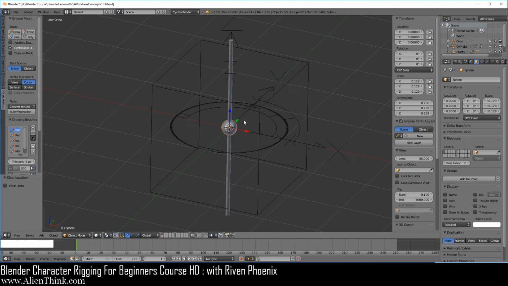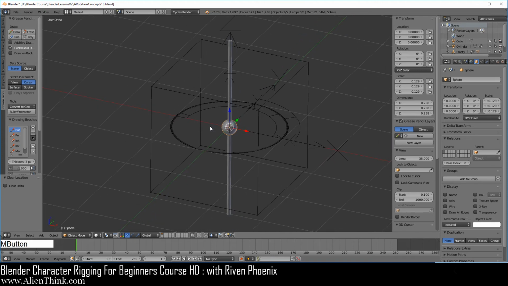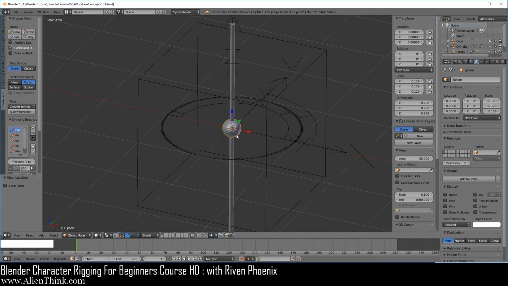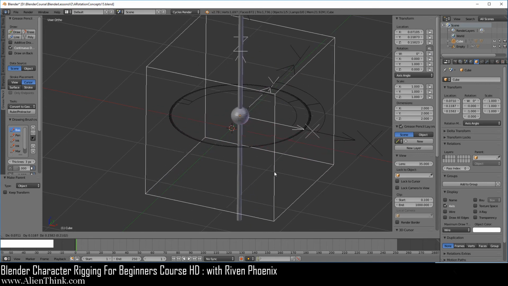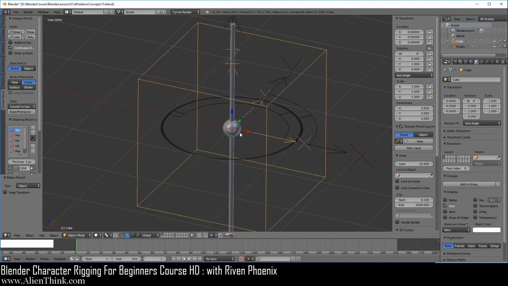So what we're going to do is click on this ball, press the shift key down, click on this pole, and now click on this cube and do Control P to create that parent-child relationship. The reason we're doing this is because we want to be able to click on the cube and move this. Now we're going to automate this process. Simply click on this cube and make sure that it is set to axis angle.